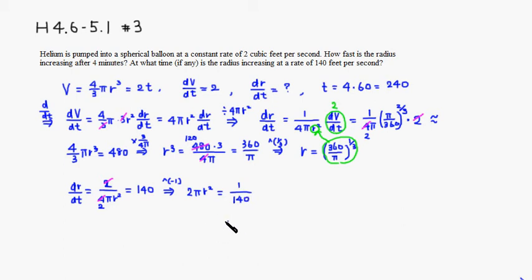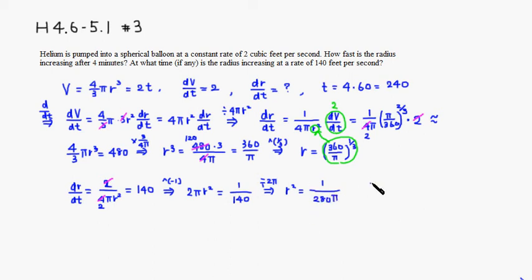Right, then I'm going to isolate r. So first we want to isolate r squared, so I'm going to divide through by 2 pi. That way we have r squared equal to 1 over 280 pi,